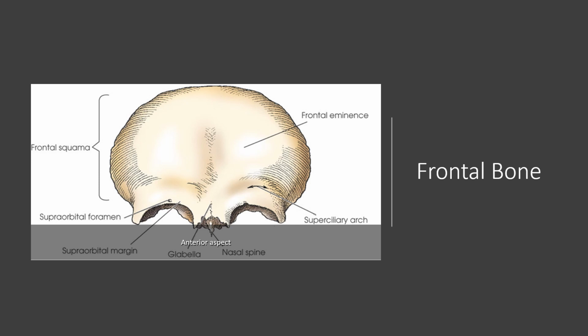All right, so now let's jump into the individual bones. The frontal bone has a squamous portion. The squamous portion of all of our bones just means it's the flat bone portion. It's the part that spreads out on basically a flat surface. Now, that being said, there's a frontal eminence. If you actually test the shape of your forehead, if you start palpating your forehead, which is where the frontal bone is, you will notice that